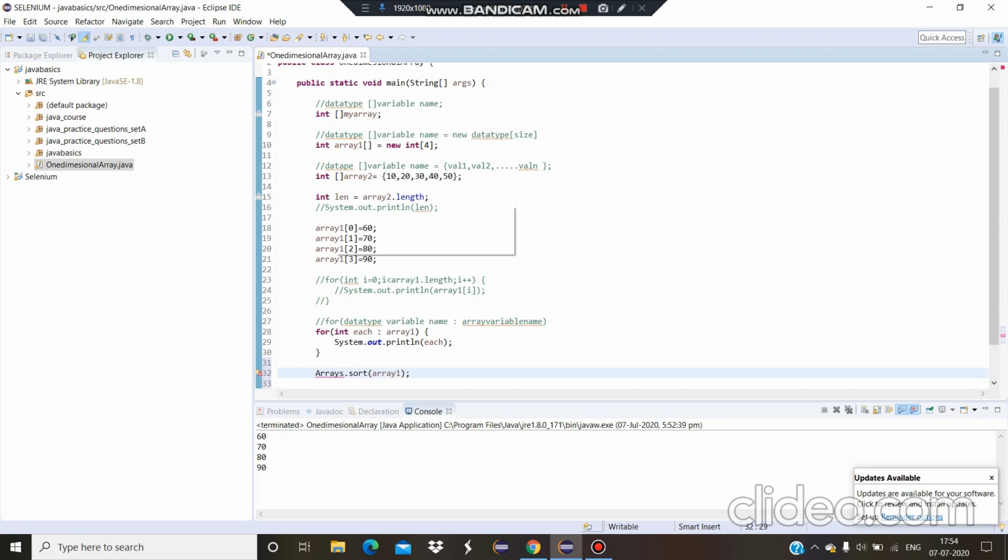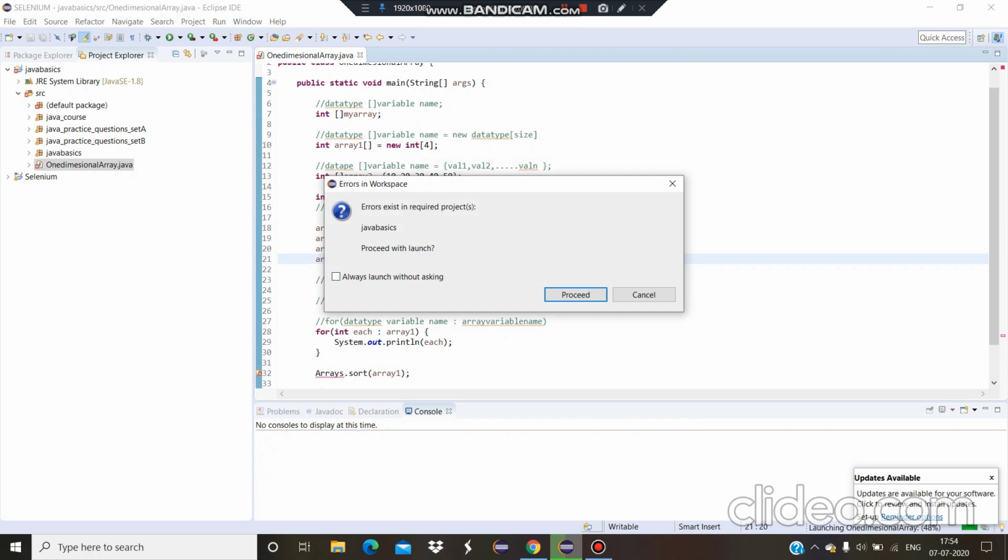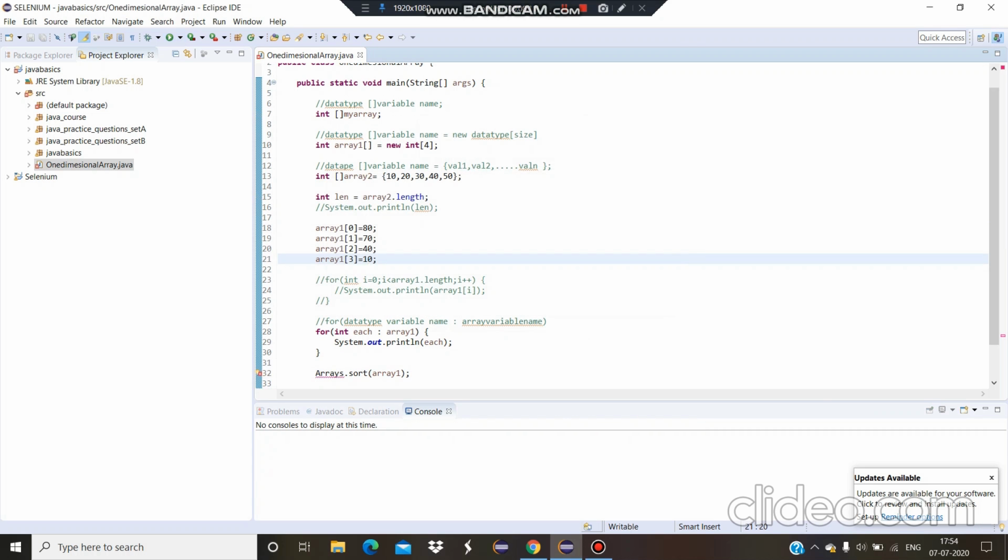Since I have written the sort statement, I will first give an unsorted array, like I'm shuffling the array: 80, 70, 40 and 10. So if I print it and show you the output, wait for a second.